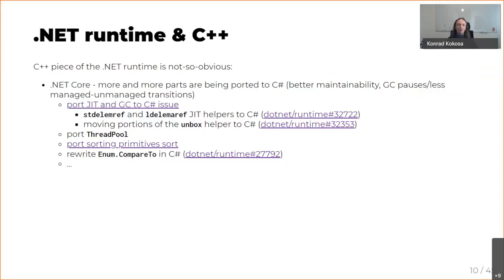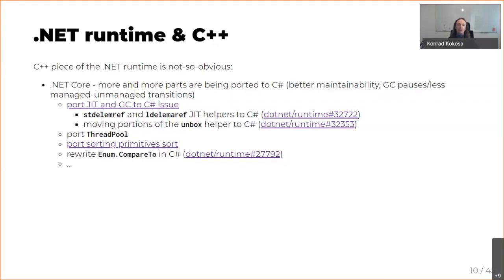Moreover, it is out-of-the-box multi-platform. So if you have a code that is written in C++, there are big chances it is somehow per platform based. And then if you port it to C#, you have out-of-the-box multi-platform code that will be just JITed by the runtime. And there are also performance benefits.